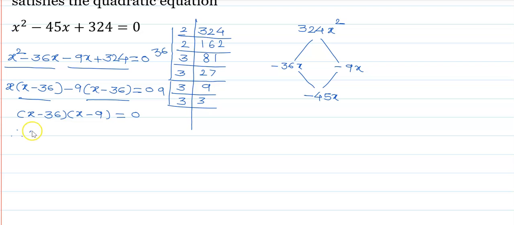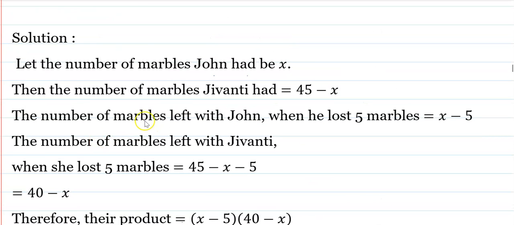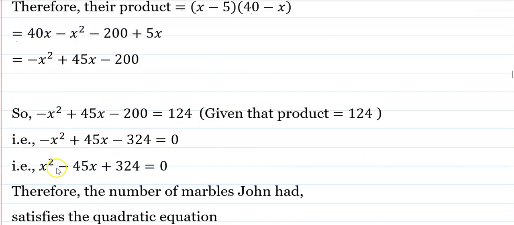Therefore, x minus 36 equals 0, or x minus 9 equals 0, since the product of two brackets is 0. Therefore x equals 36, or x equals 9. But what is x here? We have treated John's marbles as x, therefore